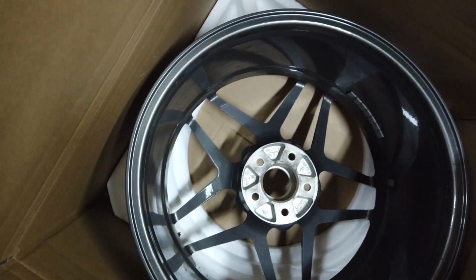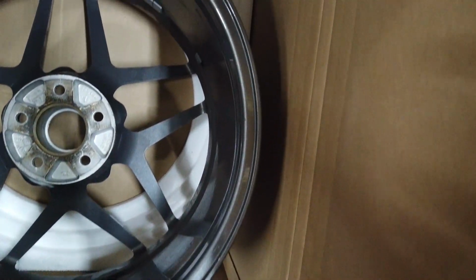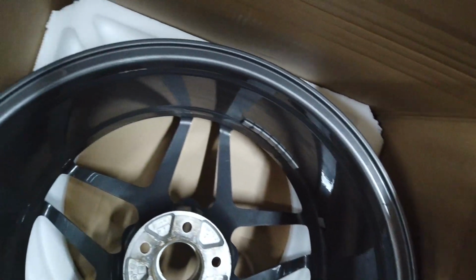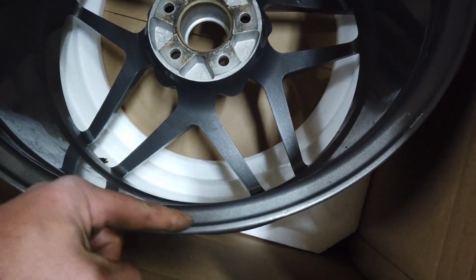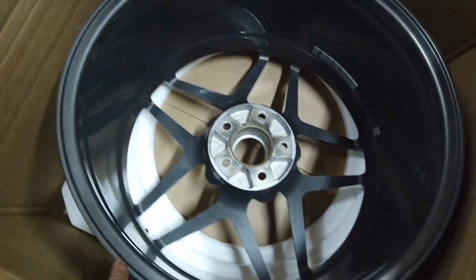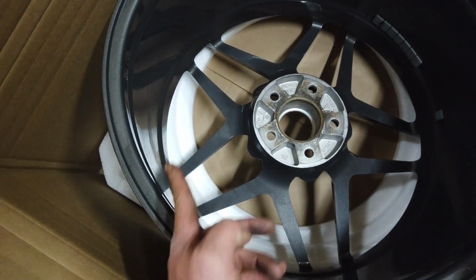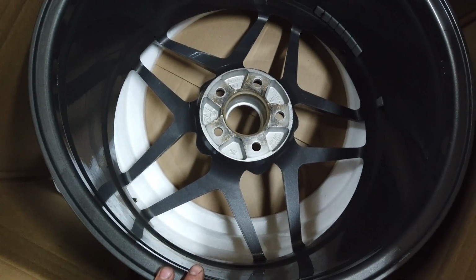Again, I want you to see, is there any obvious signs that I whack something? What you're looking for is, see how it's a circle all around the rim? You're looking for a flat spot, like the impact site. That's what you're looking for. So anyways,